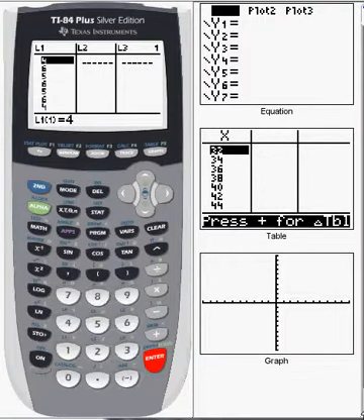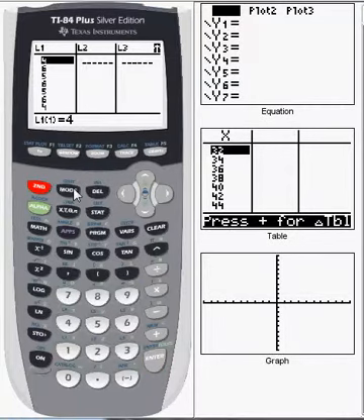Okay, so this is going to be a very quick tutorial. What we did in class today is we inputted all this data. That took us a while, so that's why we're doing this on video right now. What we're going to do next is figure out how to analyze this